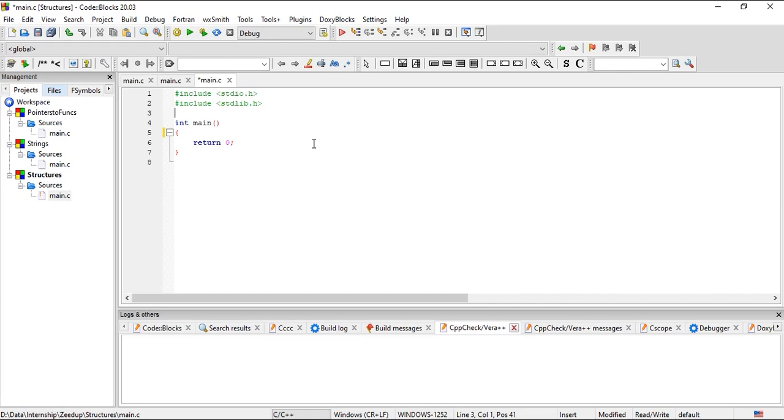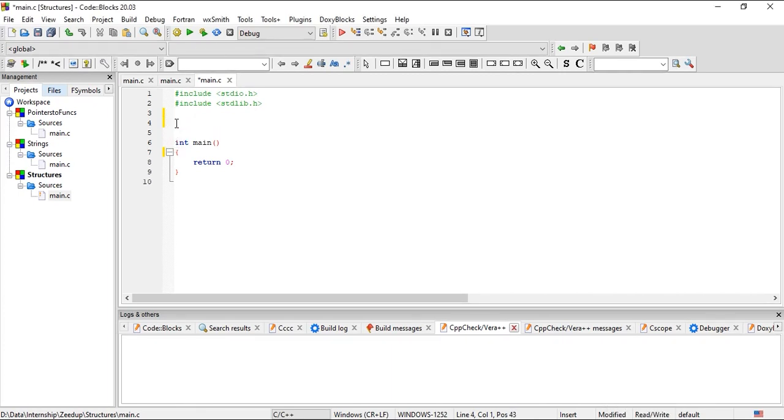Another example is a student record. In a university, the student records are stored in the form of a structure. Like you can store the ID of the student, the name of the student, and the percentage. So these are the three most common fields or the marks that can be stored of the student via a structure, right? So let's see how we can create a structure in C.